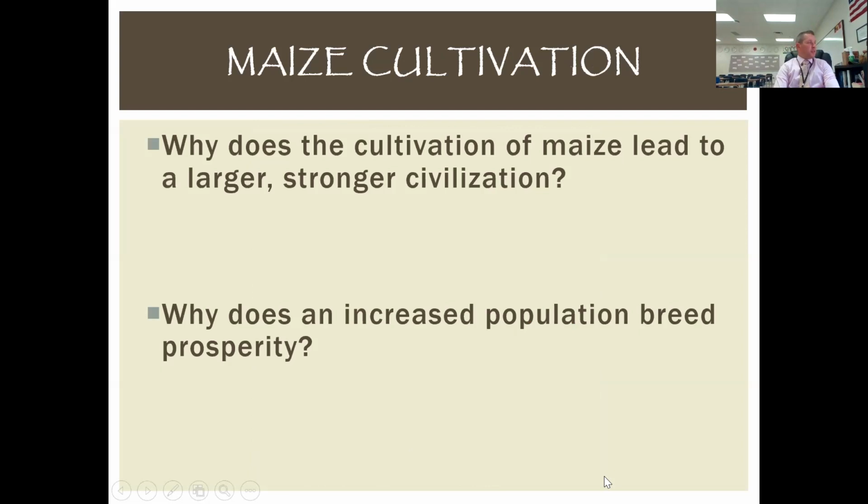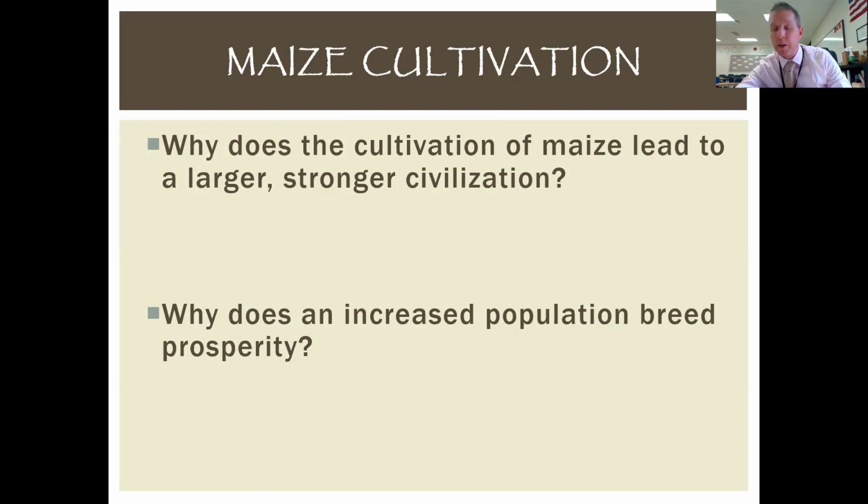We're going to fast forward a little bit towards those cradle or empire civilizations, which are going to be some of the first that European settlers find when they come. We're talking about the Aztecs, the Mayans, all those groups, the Incas in South America. Those are our big empire type native civilizations that you should have read about quite a bit in the text. And probably one of the most important facts that revolves around these great civilizations is maize cultivation, okay? And this is kind of that key deal there, okay?